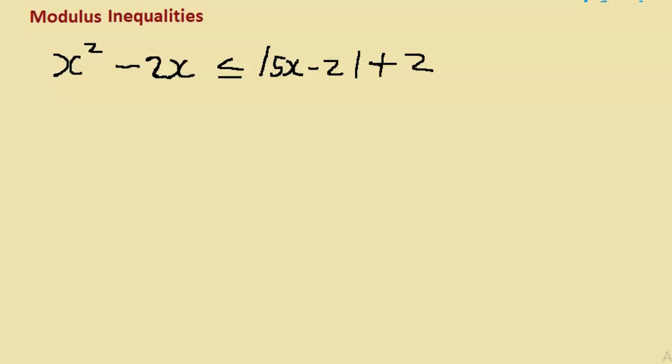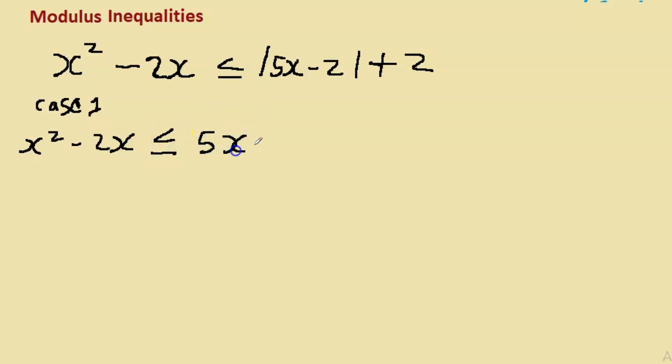So here we're asked to solve a modulus inequality where we have a quadratic here. Alright, so we want to look at two cases. Case 1 is a case where we're taking the positive, and case 2 is a case where we're taking the negative of the absolute value here. Alright, so case 1 we have x squared minus 2x is less than or equal to,